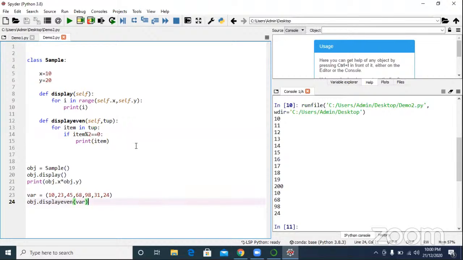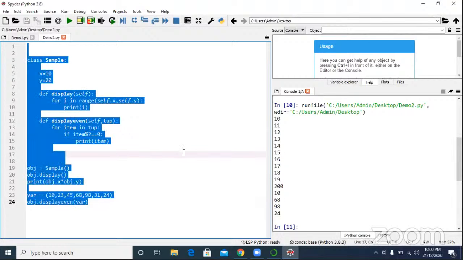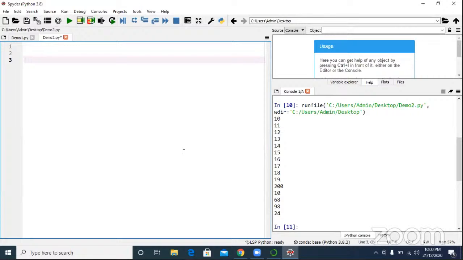Okay, all right. Let me write one more class. Class sample. I don't have any instance variables, but I will write small methods first, because some people may understand and some may not.